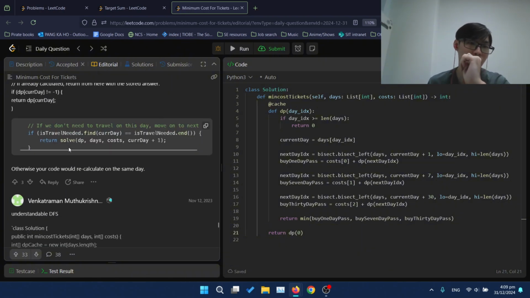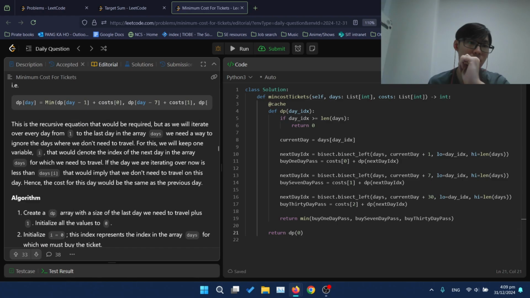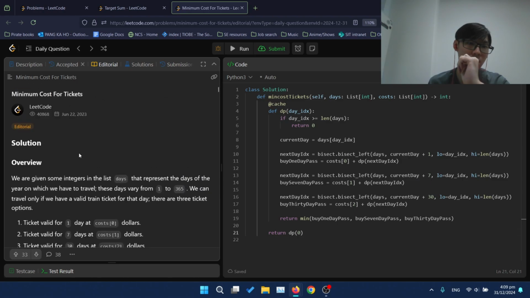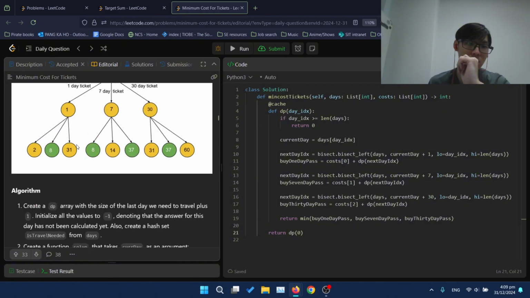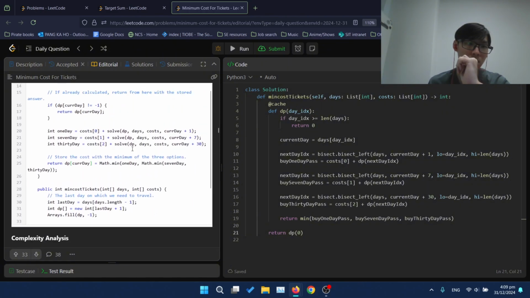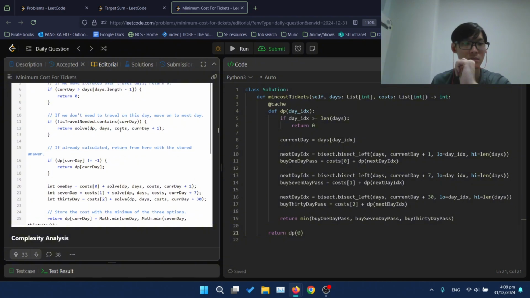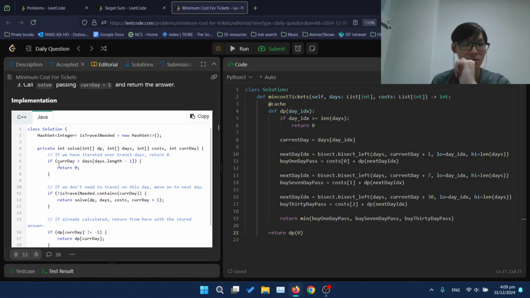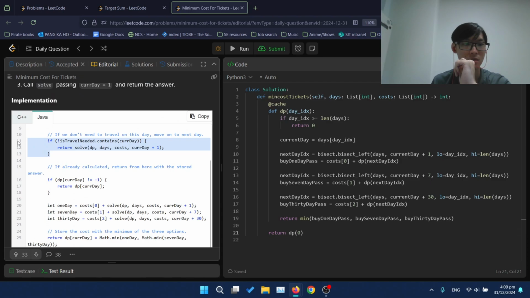Hmm. Let's take a look again. So are they just doing a linear scan? Is that what they're doing? Currently is greater. Okay.